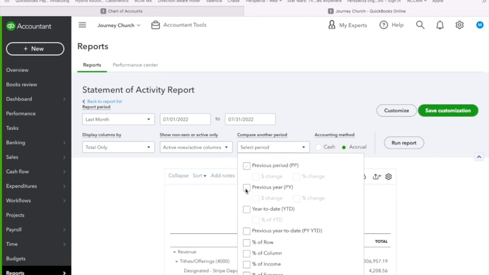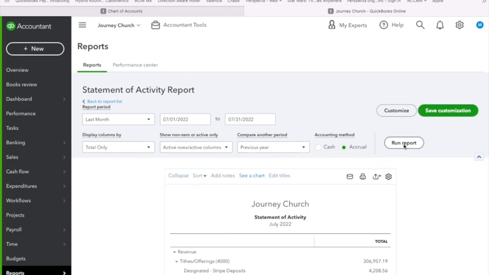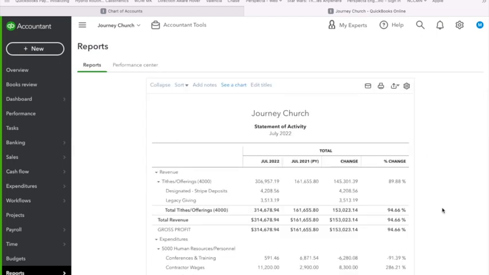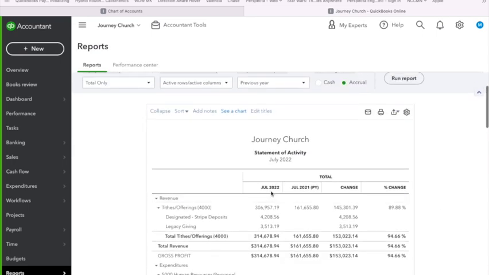For example, we could compare it to the prior year and have it give us what the dollar change was and what the percentage of change was. Now we can run that report. And here we have July of 2022 compared to July of 2021, the prior year. The change is listed here, and the percentage of change is listed here.